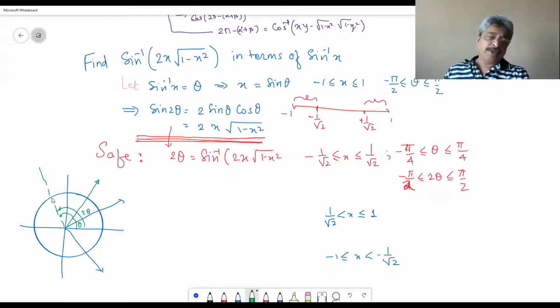Okay, but the moment you have your 2 theta ray here, the y axis coordinate will be this, and it will report some other angle. And the relationship between those two, we have done this in case of sine inverse, it is pi minus, that is what we get. Therefore